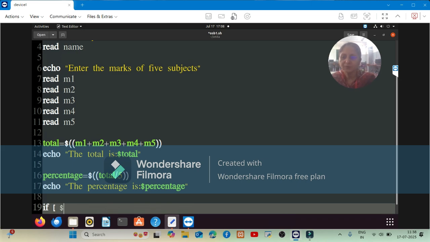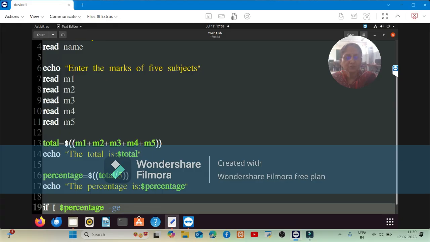What are we going to check? We are going to check the value of our variable percentage, so dollar percentage. If somebody has scored a percentage greater than or equal to 75, distinction. Normally we give greater than and equal to, but in shell script we use hyphen GE: G for greater than and E for equal to.